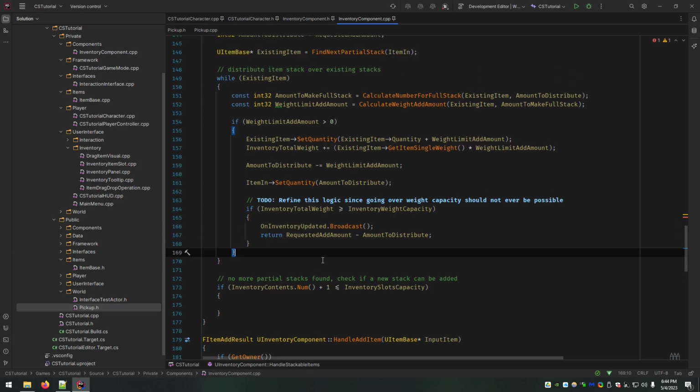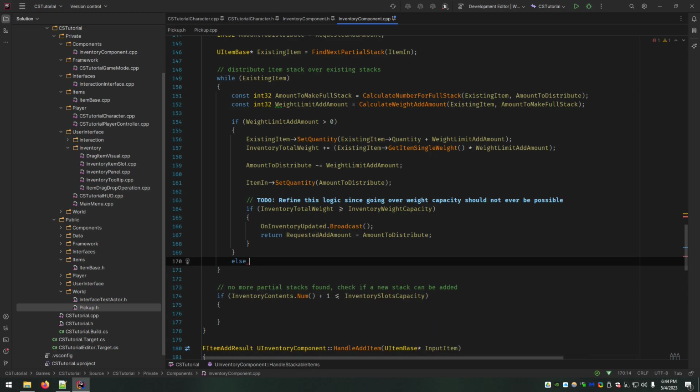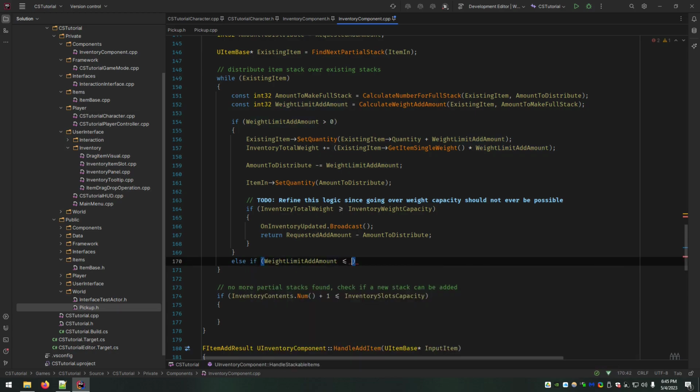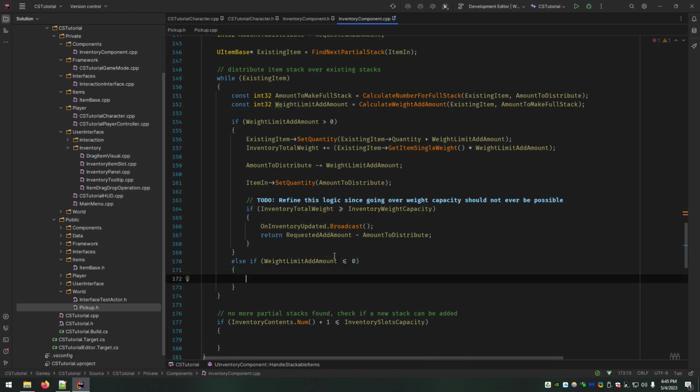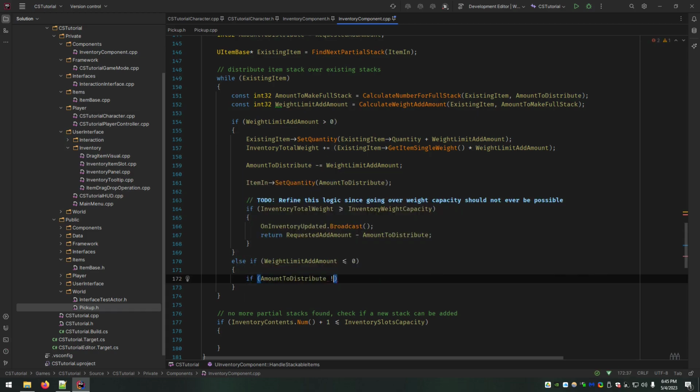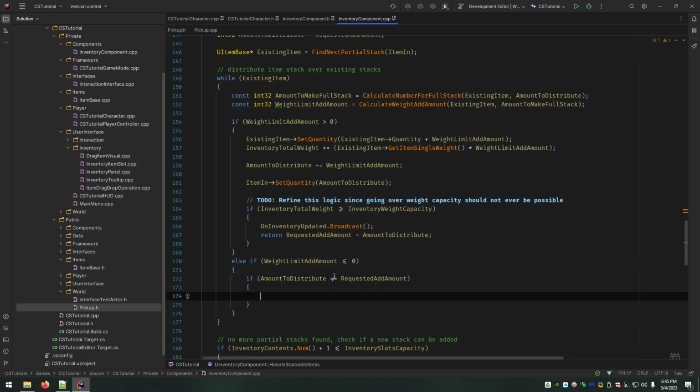So now what is next? We want to say, else if weight limit add amount is less than or equal to 0. This just means we've gotten back around to this, and it's really close to weight capacity now. So you need to check: if amount to distribute is not equal to requested, that obviously means there was still some left.